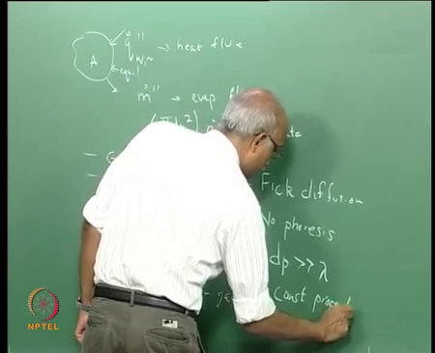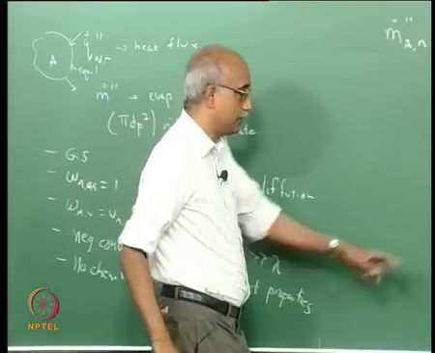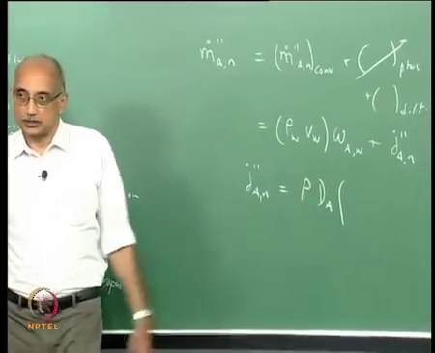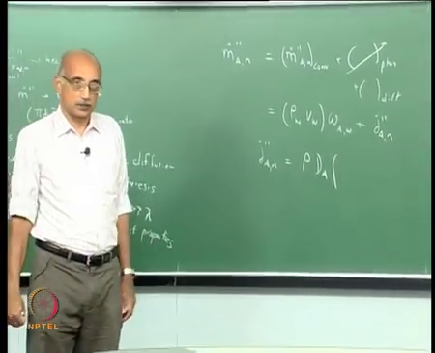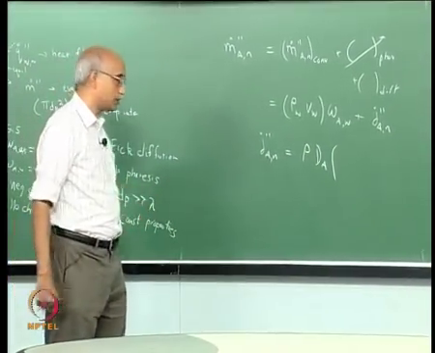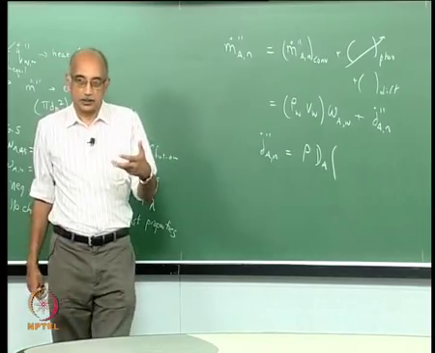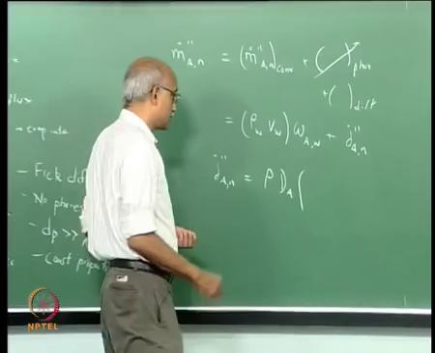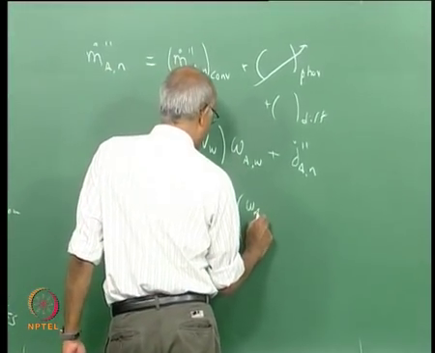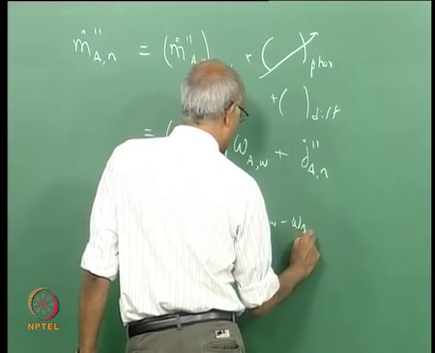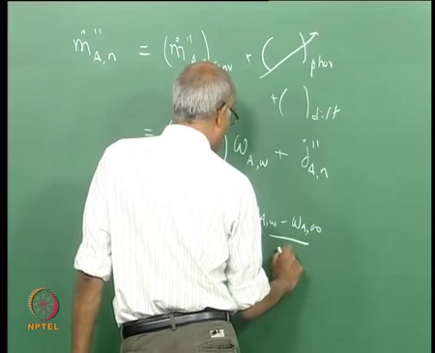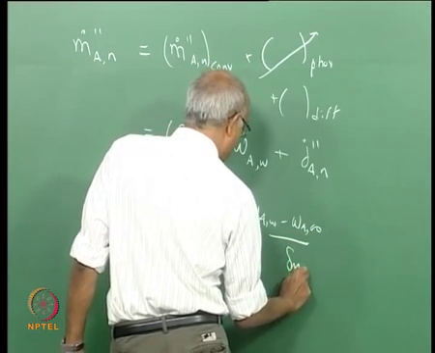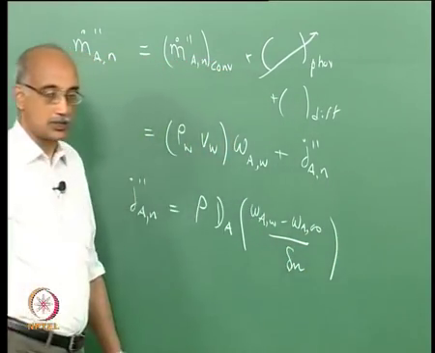So, normally we would write a gradient in mass fraction for the Fick diffusion expression. If you make this assumption, you can essentially replace the differential gradient by a difference expression. So, you can write this as omega A W minus omega A infinity over